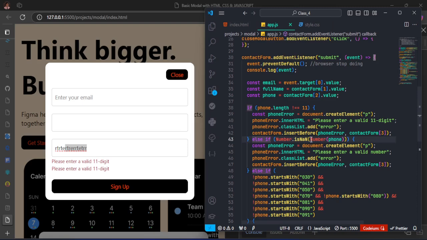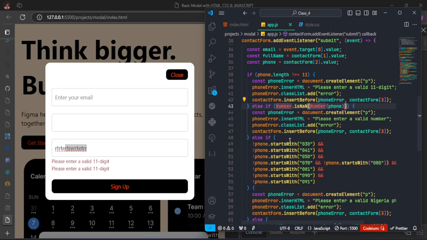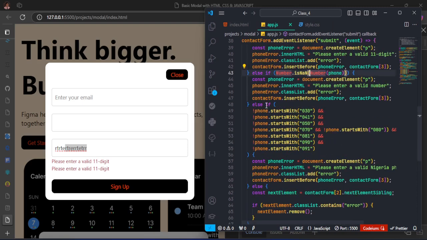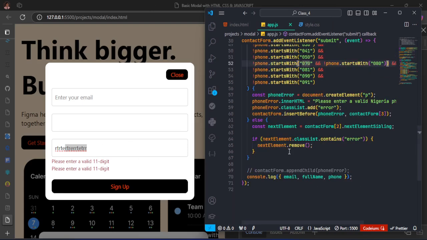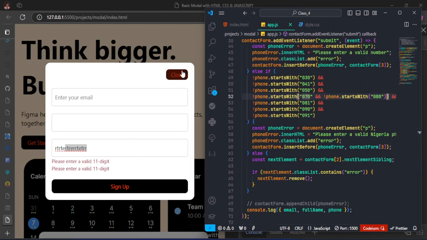We have the second one to check whether it is a number. And lastly, we have this one to check whether it's a valid Nigerian phone number, because it's not just numbers alone. It must start with this one, or this one, or this one, and so forth. I've already explained that in the last class. So we are going to continue from there